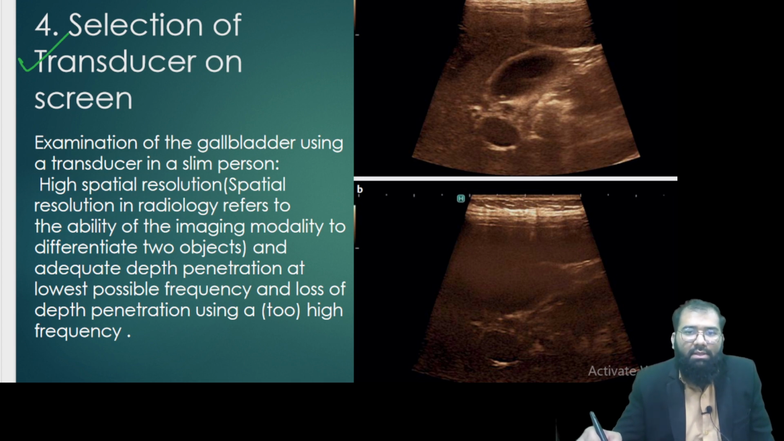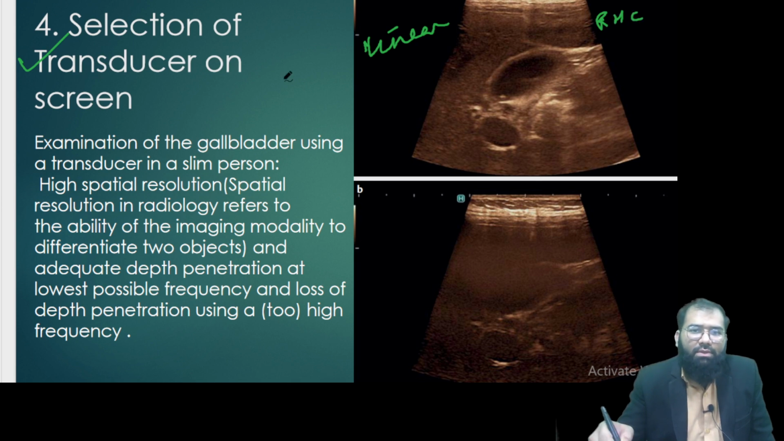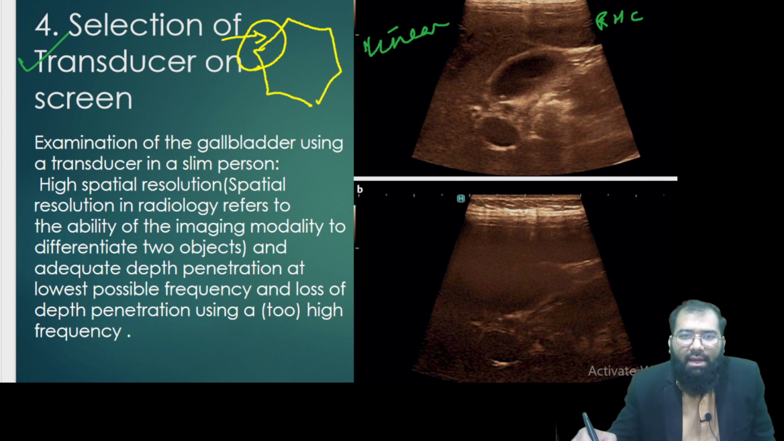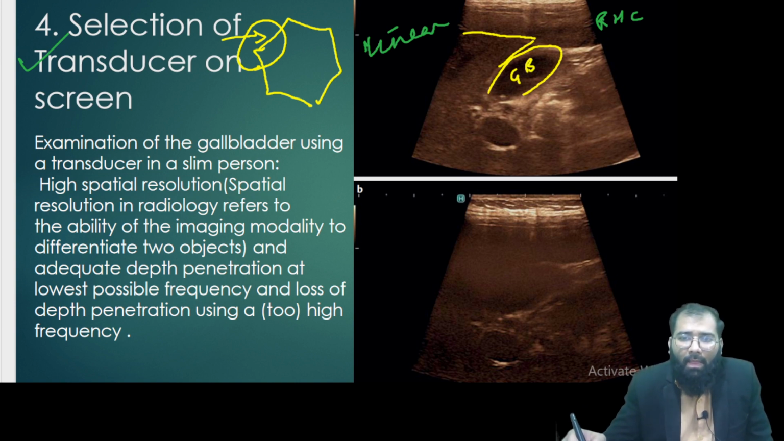Number one, this is the image taken by a linear probe in a patient, and this is the probe kept in the right hypochondriac region, RHC. So if you have this image of the abdomen, it is this region which we are examining. Here you can see a portion of the liver, and here you can see the gallbladder. By the way, this patient is a thin patient